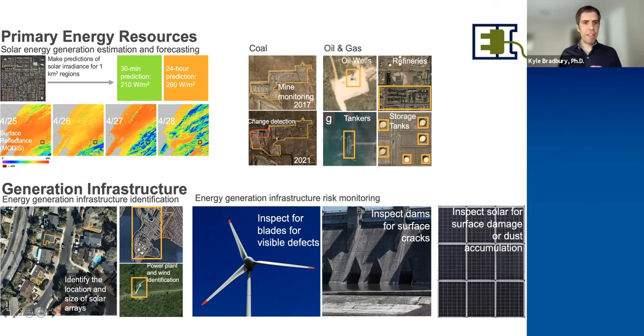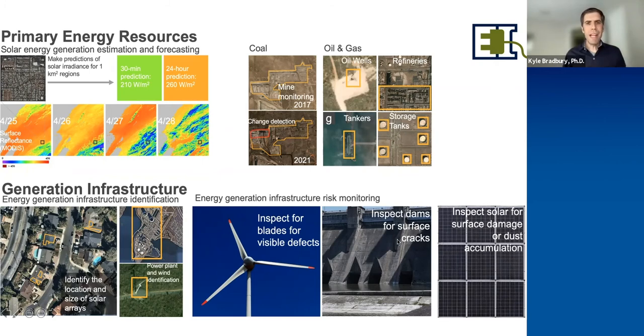Additionally, some of the smaller scale or more distributed generation infrastructure like solar PV we can do as well. You look at some of Ben's work in this space. He's looking at that with drones. But with all of these, what we're doing is we're applying some combination of those techniques. Here we're doing an object detection type process. And for something like this, it might be more of an image segmentation process here. Whereas here, if we were inspecting turbine blades for visible defects, that might be a classification problem.